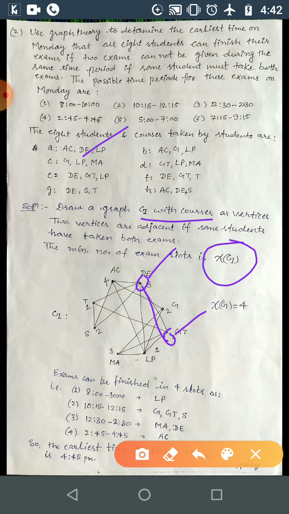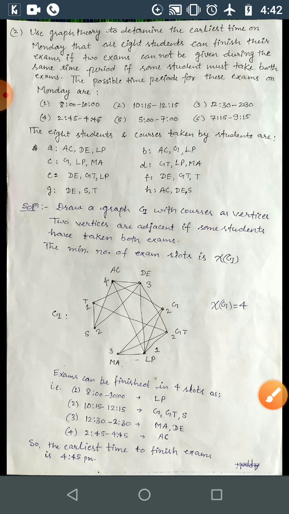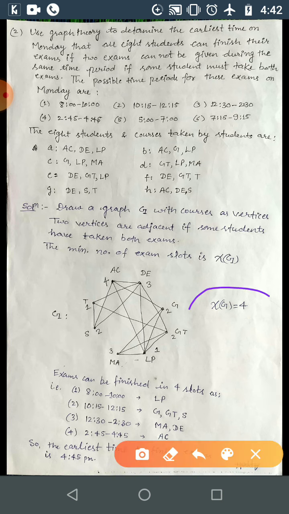So here we need to color it with different colors. Likewise we need a minimum coloring. This is by using coloring of the graph, correct? The way we have drawn the graph is the way the situation wants, correct? So here for the chromatic number we got the minimum color k: G is k colorable and the minimum k is 4. That you can check. And 4 means these 8 course exams can be held in just 4 slots.